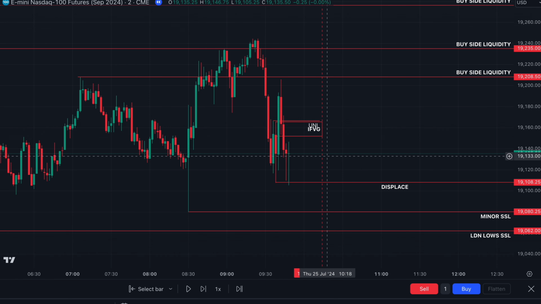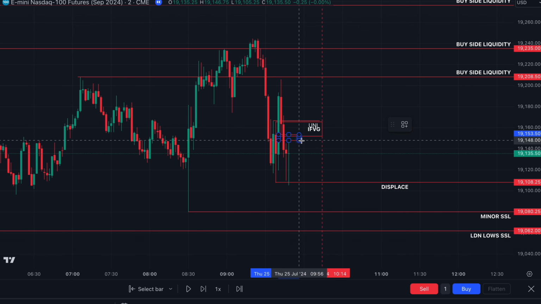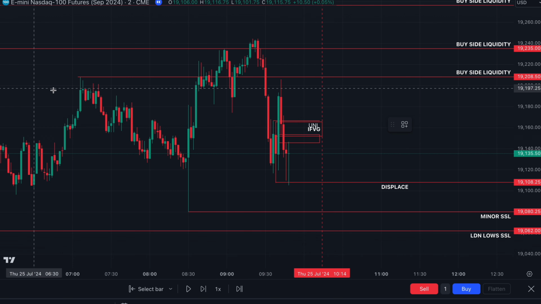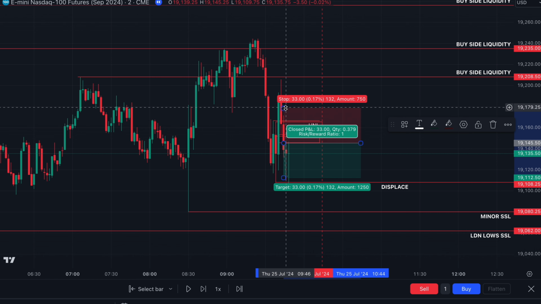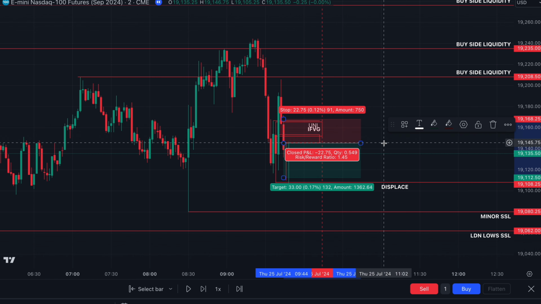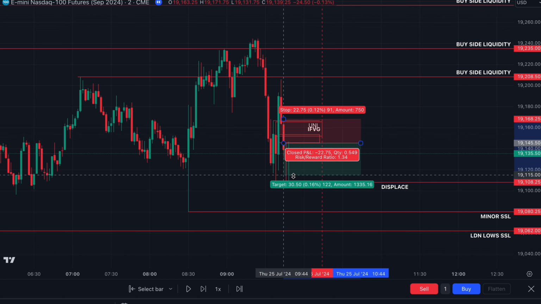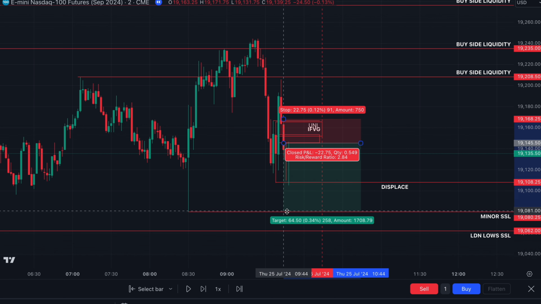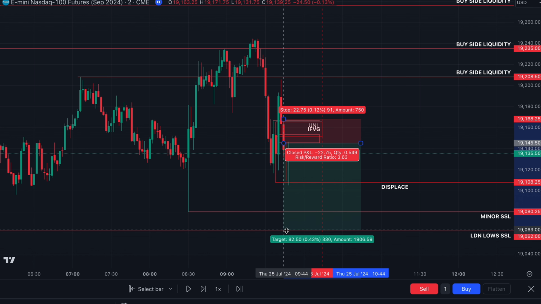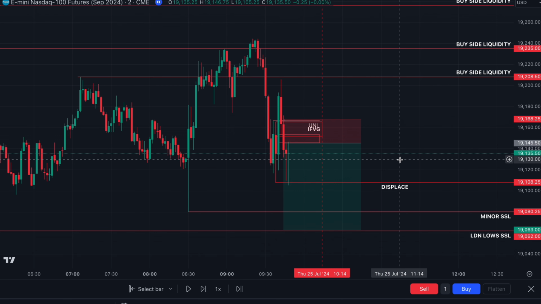So the first fair value gap you find after a displacement, the first one, as long as you can run a valid stop, you take it. So we've seen this 2 minute bearish gap here, and we entered as soon as it came off a tap. We ran our stops around 22.75 handles, around 23 handles, just above that bearish inverse fair value gap. Our first TP was around this level here for around 30 handles. Our second TP was at around 64.5 handles, and the opposing liquidity for this trade was obviously London lows, which was around 82.5 handles for us.